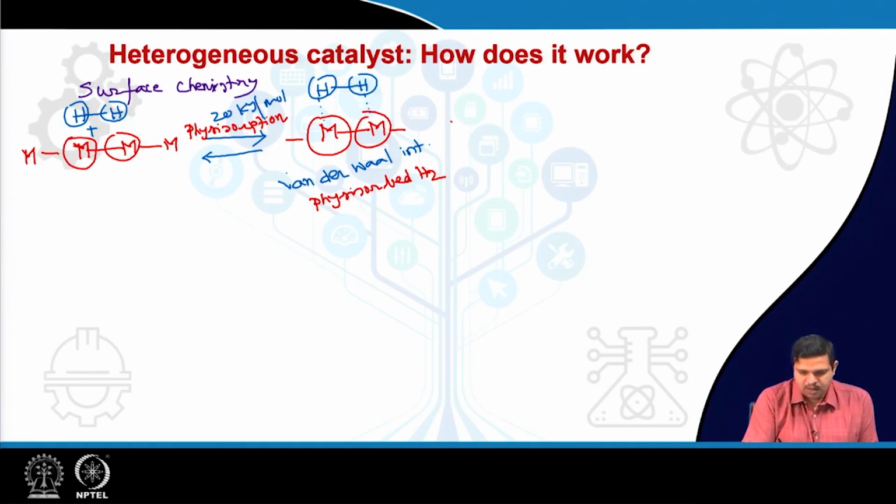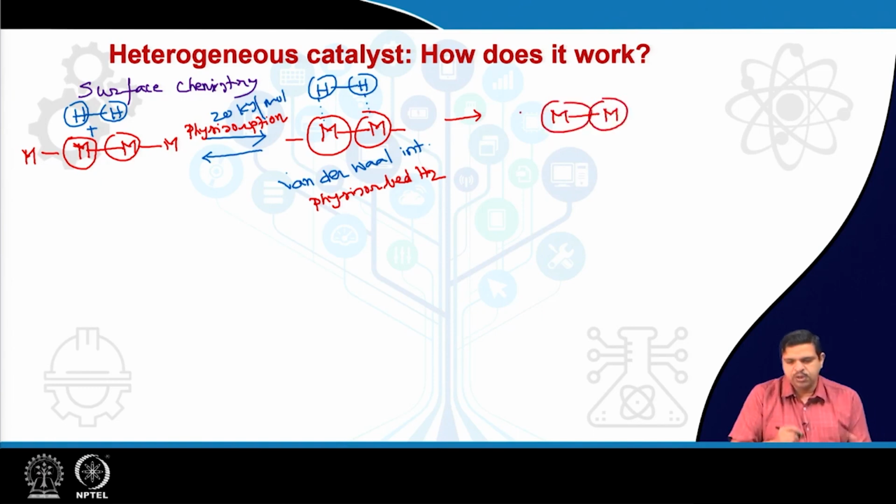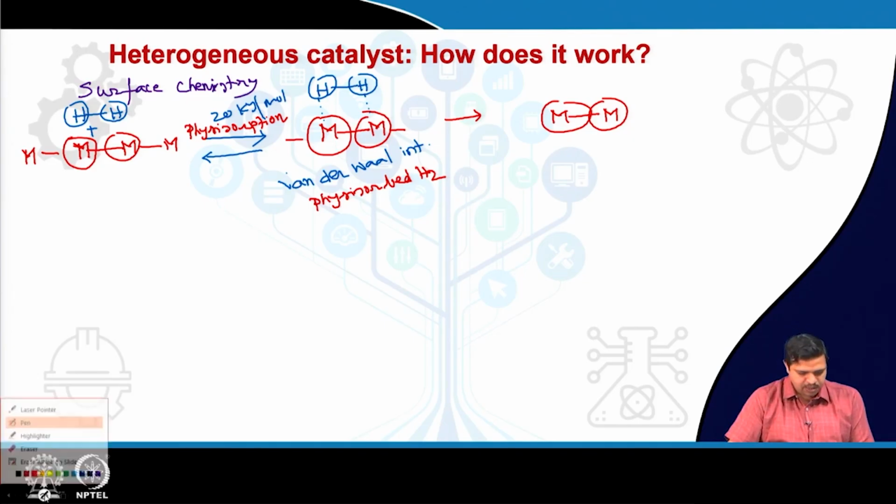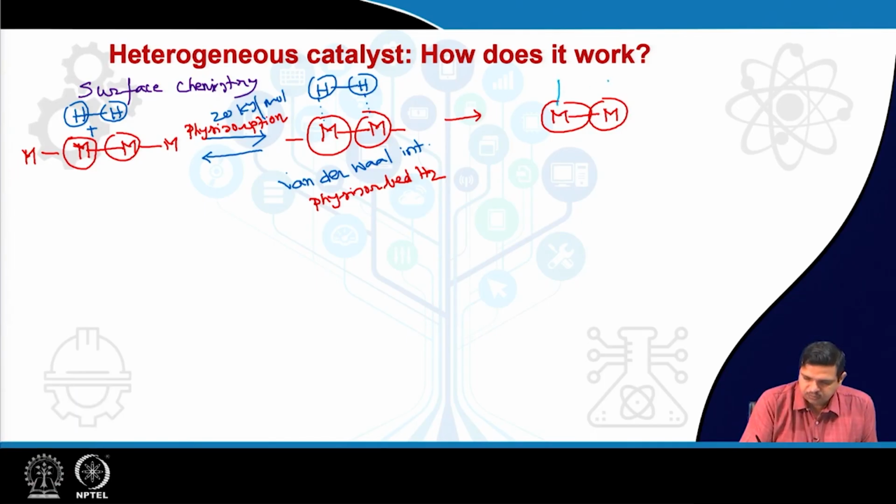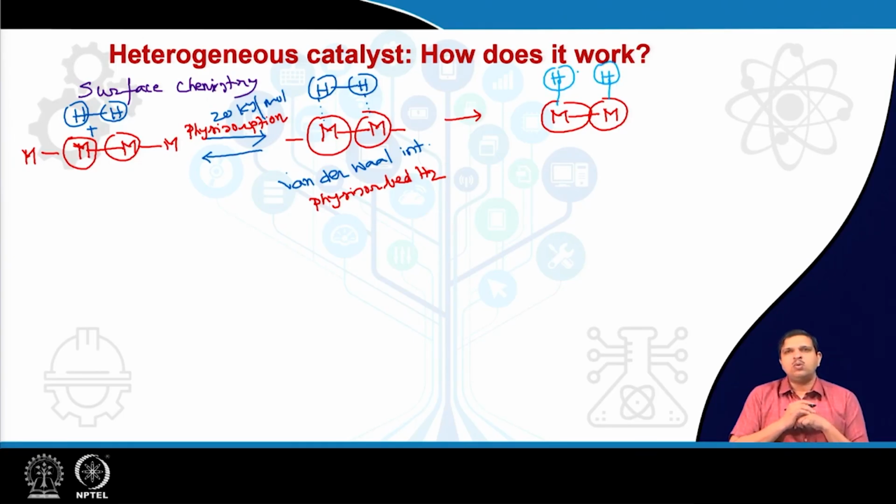Now, next, when these are in close proximity to the metal center, that is the active center, then what will happen? There will be chemical reactions, as you have seen for small molecules in molecular chemistry, like oxidative addition, reductive elimination, that we have discussed